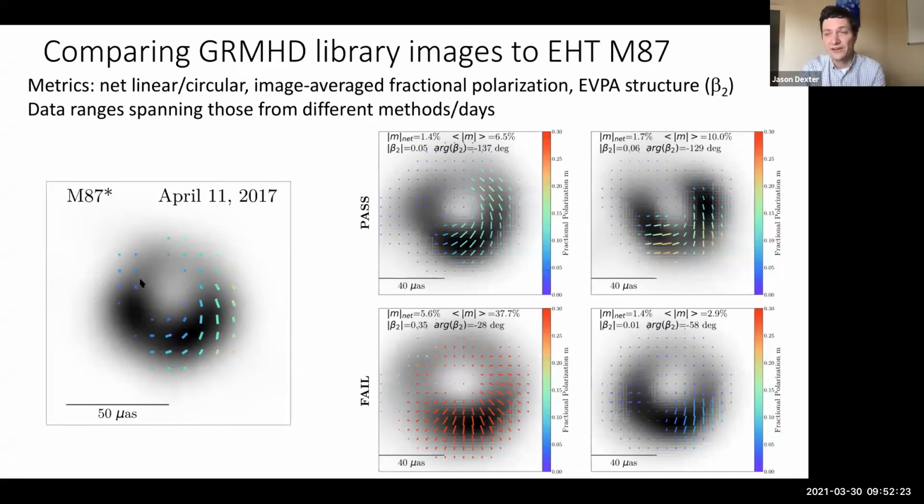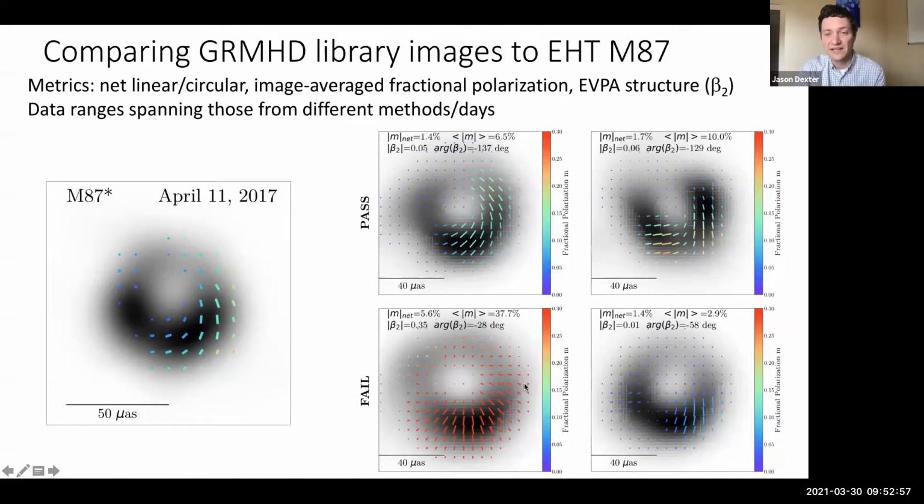And so I just want to show there, if we require all these constraints to be met simultaneously, then very few of the actual images we have are deemed passing. So there are a lot more here in the bottom row that don't work than in the top row that work. I just want to show that even though we don't actually choose things to look like the EHT image, we use these average diagnostics, we end up with things which are not such a bad match. So these top couple examples show great resemblance to the actual observed M87 image down here.